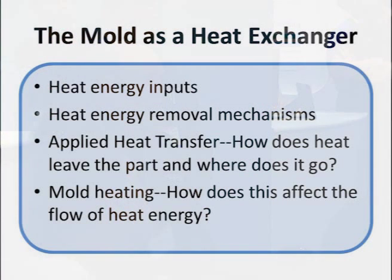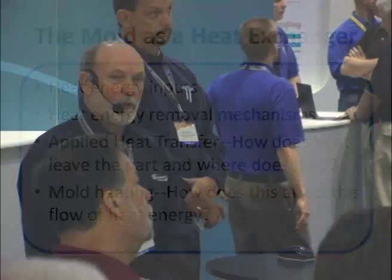And that gets into the applied heat transfer. How does the heat get out of the part? Where does it go? And another factor in this is if you're doing mold heating, running the mold at an elevated temperature, that can have something to do with where the heat goes. Because if the mold's very hot, a lot of the heat goes into the room rather than into the cooling